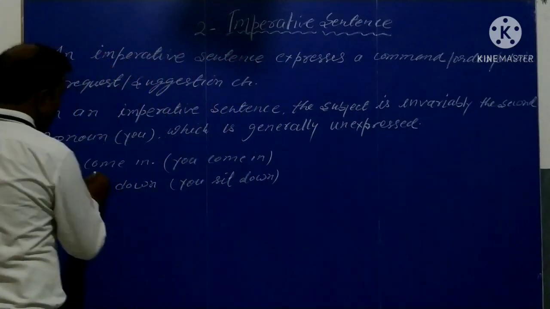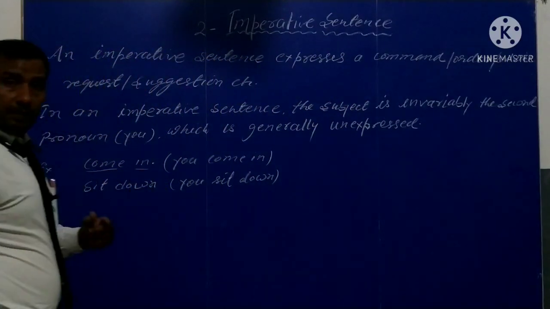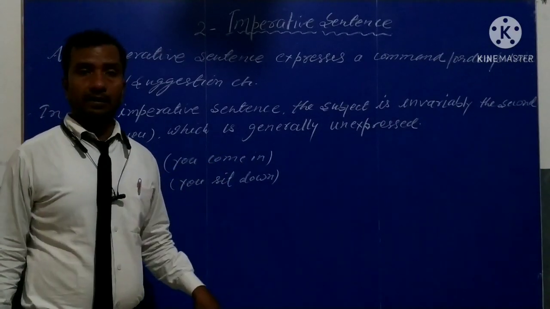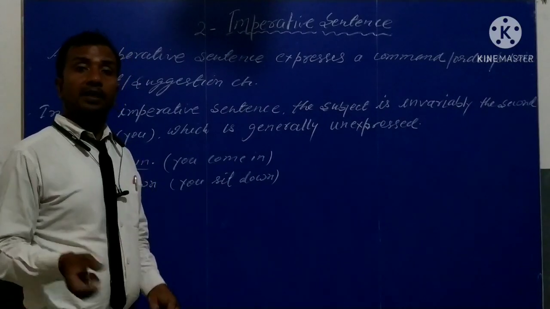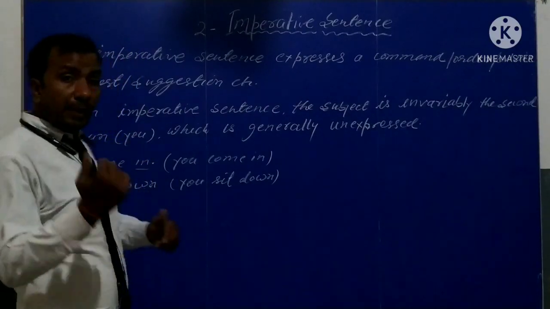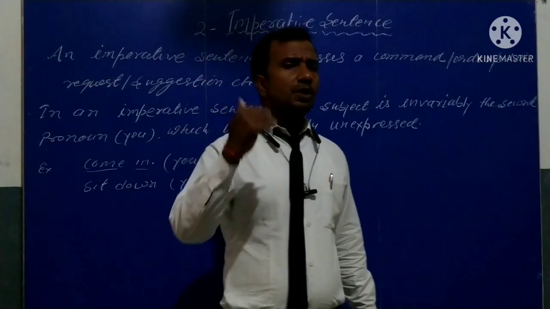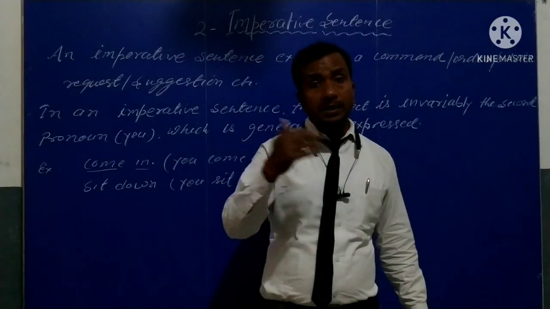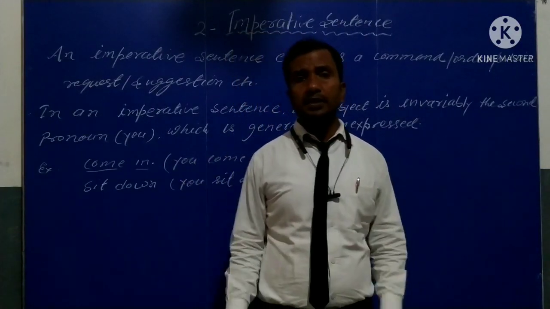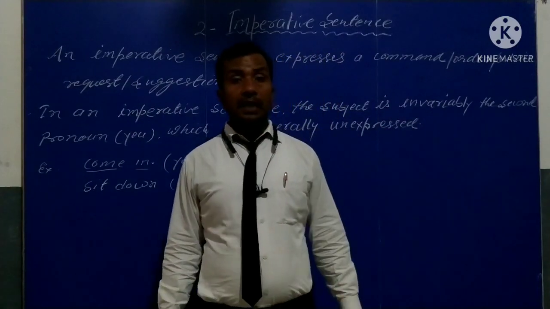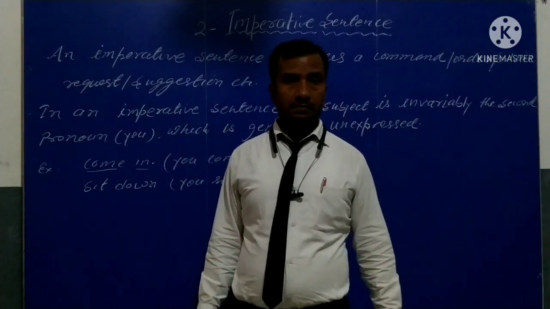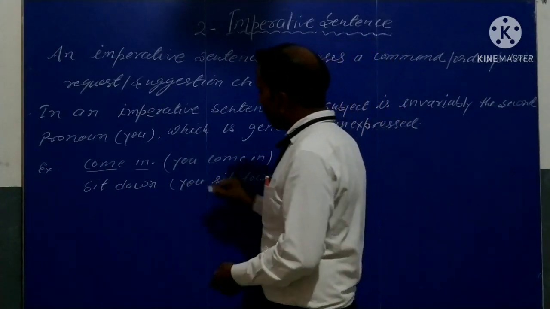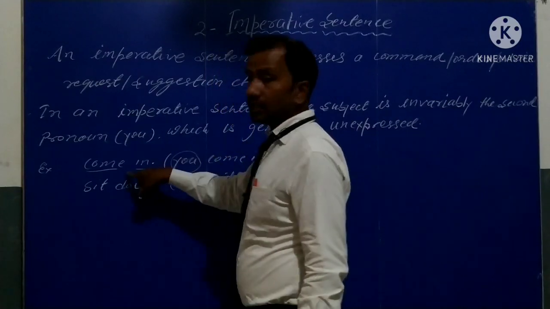For example, coming. You can say this word as you coming. That means you is hidden. You इसमें क्या है? छिपा हुआ है. इसका सेंस आता है कि coming मतलब कौन? Let's suppose you are just in front of the gate and you seek the permission that may I come in, sir? Then what would be the answer of sir? Coming. That means what coming? You coming. You coming. So you can write here you coming. You is hidden, that is unexpressed in the sentence.